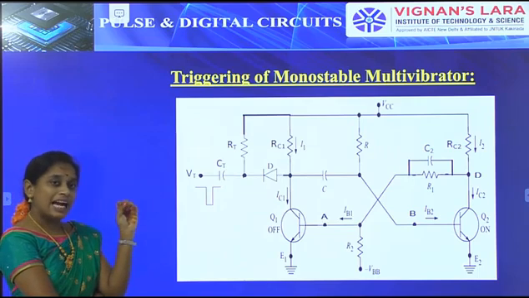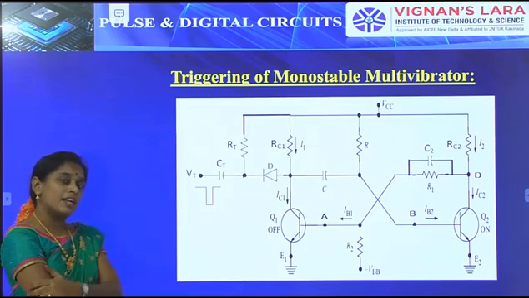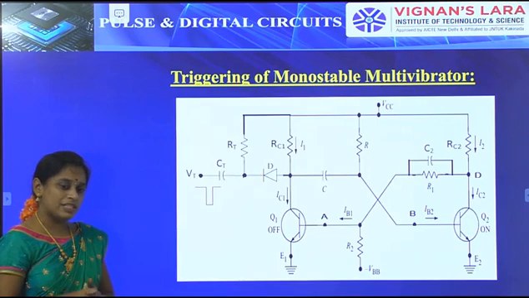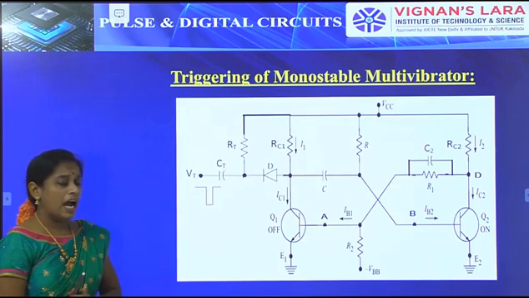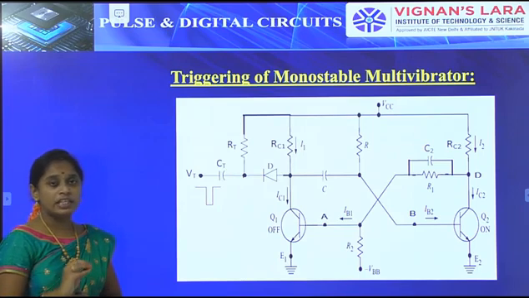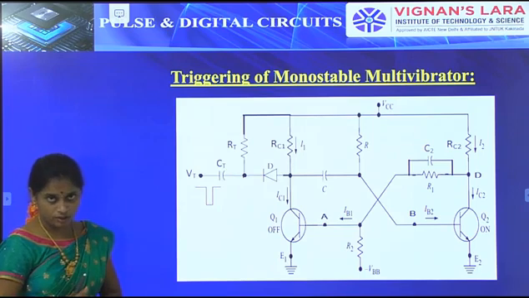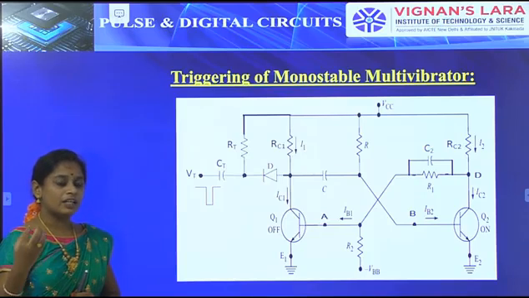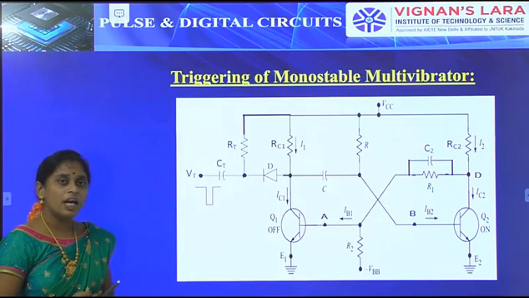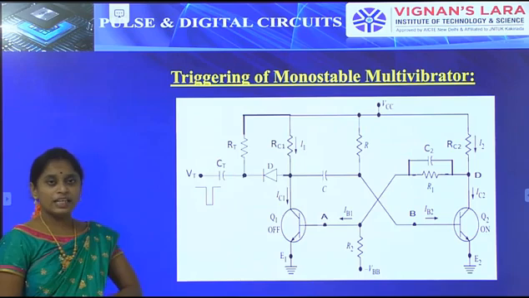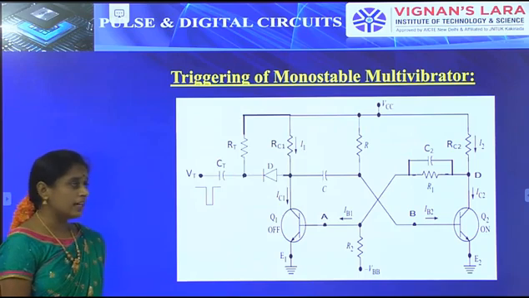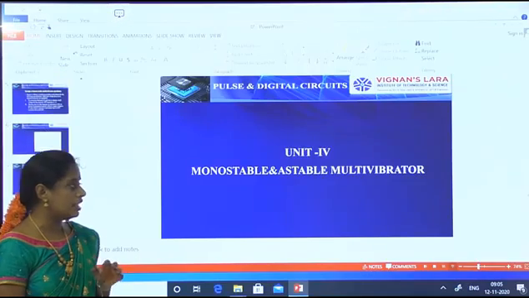For the transition from the stable state to the quasi-stable state, obviously I am applying a triggering pulse. But from the quasi-stable state to the stable state we need not apply any triggering pulse to this circuit. Why? Because after some time the quasi-stable state moves back to the previous state. That is the thing about the quasi-stable state. At the same time, here we use a single triggering pulse only, not like